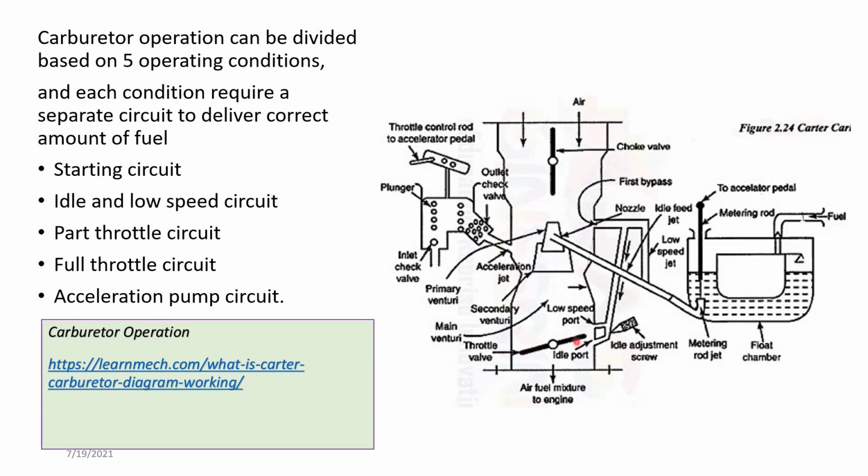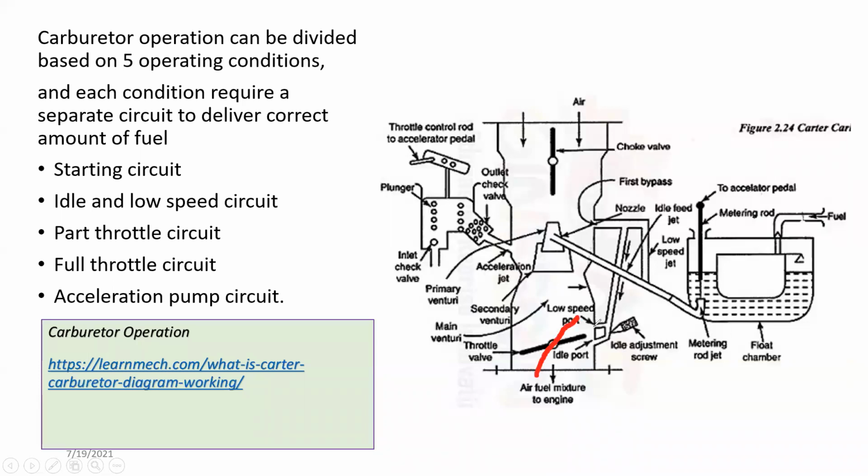When the throttle is closed, the vacuum inside here is higher than the vacuum over here, so fuel is drawn from here, goes up this way, and comes through the idle port. Once the throttle valve is open around half, let's say around this much,